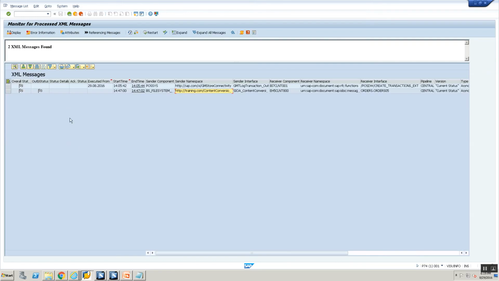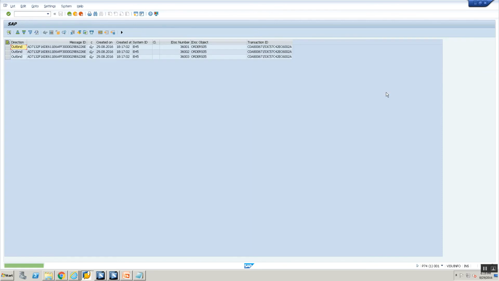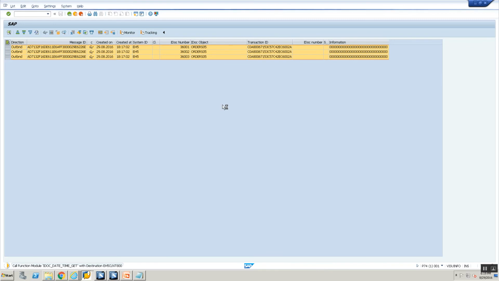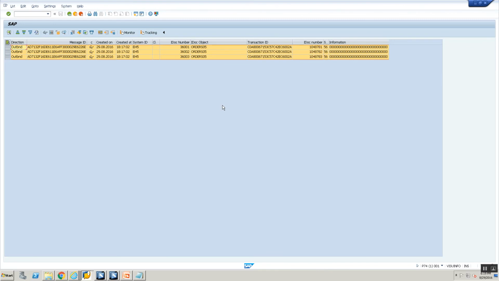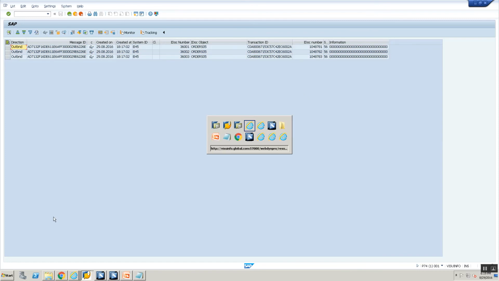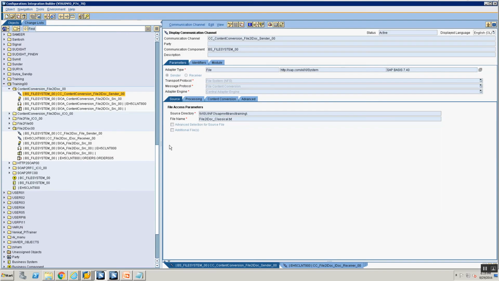The message got delivered to SAP, and if I want to see the SAP IDOC number, I click on this IDOC button here. I see this. There are 3 IDOCs that got delivered. I say message tracking. I say tracking, and I get the SAP IDOC numbers. Okay. So with this, what have we been able to achieve? We've been able to take an input file that was in a fixed field length file and convert it into an XML and process that.